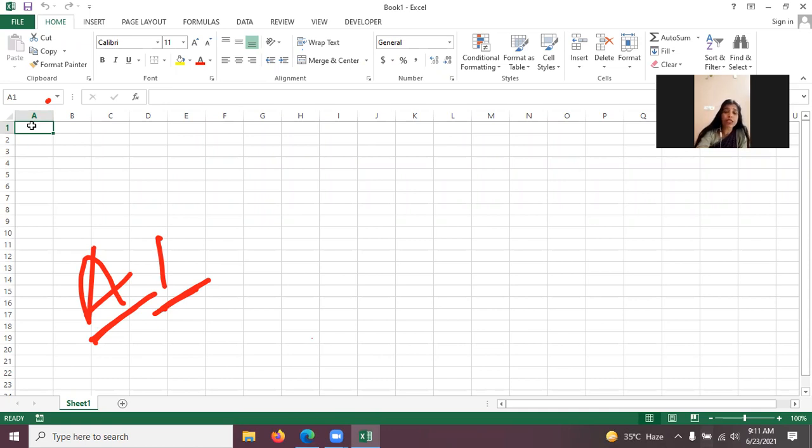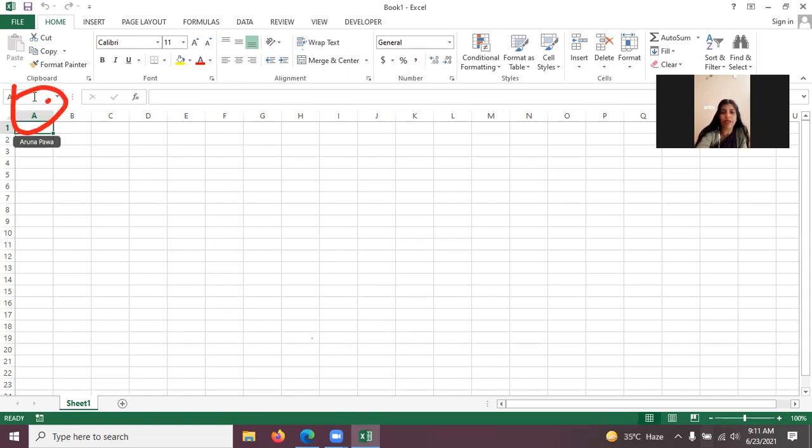Now, you can see the name of the cell in the name box as well. The name box is shown here, where A1 is written. So wherever you click, whichever cell you select, its name will be displayed there. You should select any other cell, beta. Okay, now you can see another cell is selected, so C2 is coming in the name box. So the name box is used to tell the name of the cell, or you can say cell address. Both are the same, cell address or cell name.